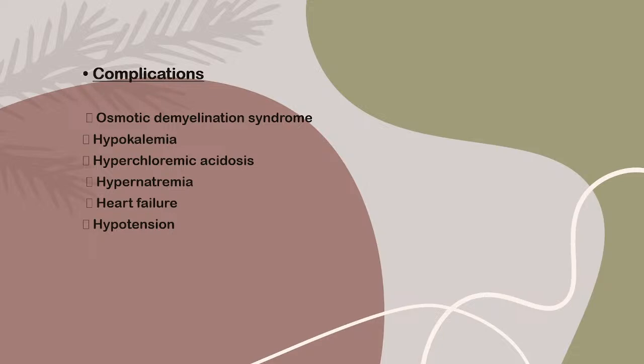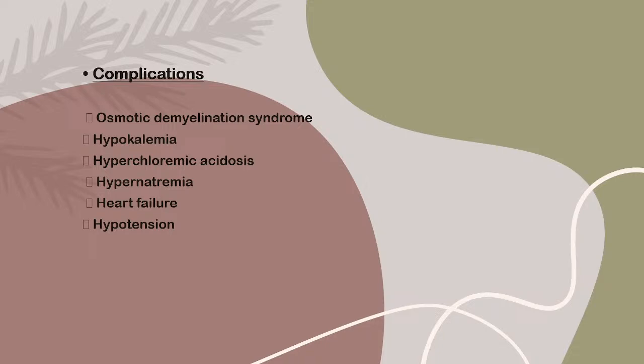Heart failure can be there because the patient may get into fluid overload, as there is a risk of intravascular fluid overload. Then hypotension can also be there. So these all are the complications of